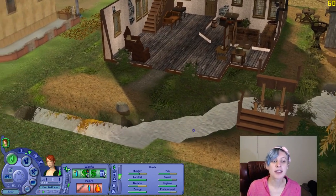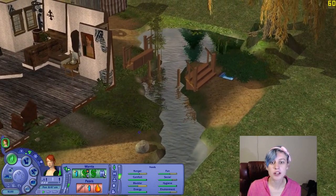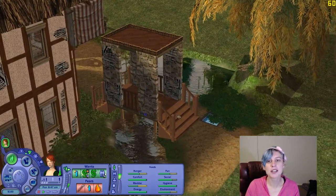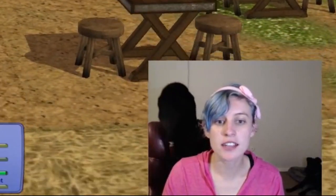This is the backyard area. So this is the little fetch water rock so she can get water, which we probably should have her do like right now. This is a cute little bridge she has over the pond in the back. And then in the front yard area, you'll see she has a little...